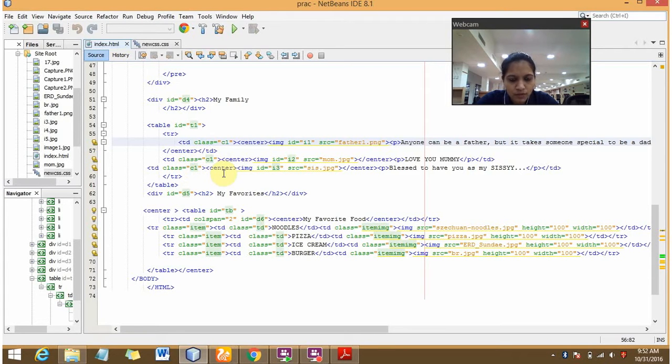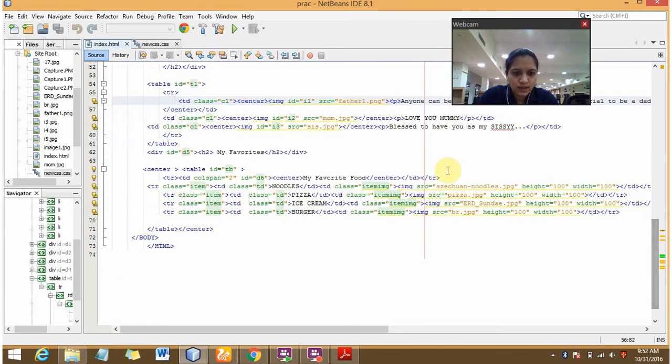I gave it for the other images also, in which for the third image I gave ID as I3, and the source is the image source. Then I gave some more text about this third image. I closed that table and I opened another div tag with ID D5, in which I gave the heading